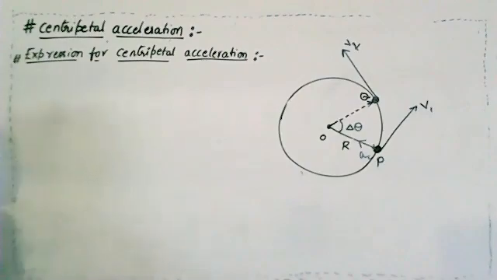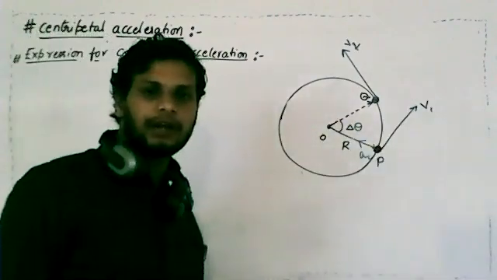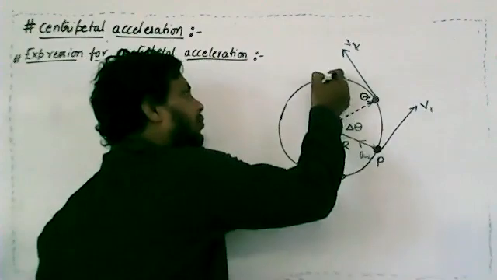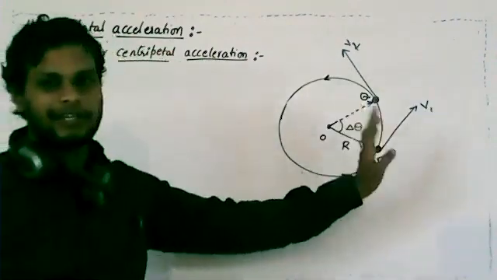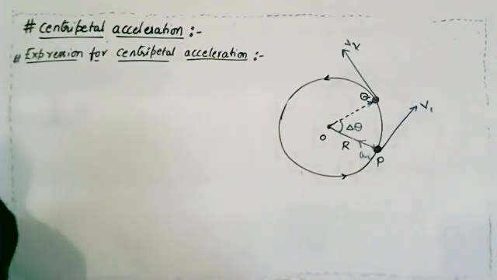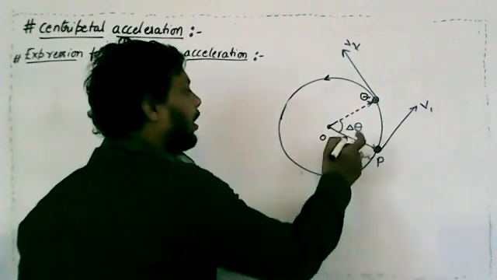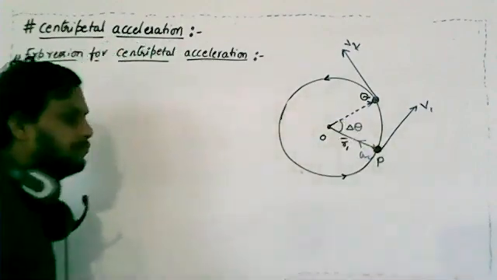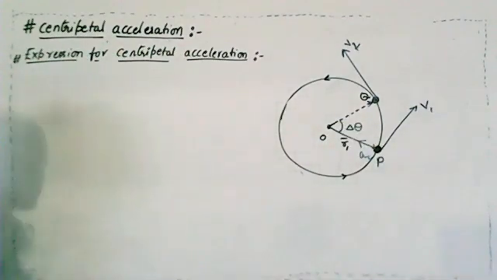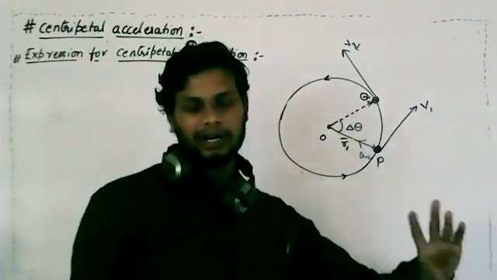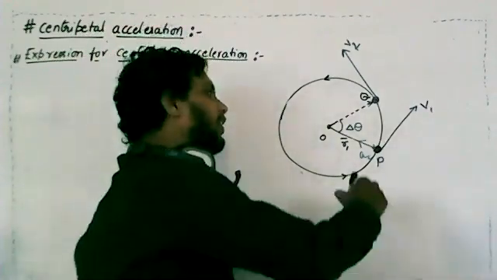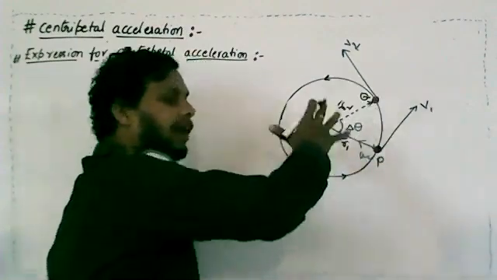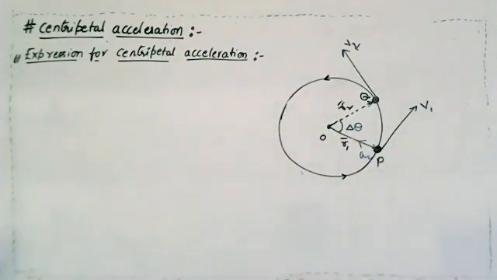Now, for example, let us consider a body moving in uniform circular motion. I will draw the circular motion in the anti-clockwise direction. Therefore, the tangents will be like this. Now, at point P, I will take this radius vector as, for example, R1 bar. In uniform circular motion the radius remains constant, so the magnitude of R1 bar is equal to R. Clear? I will take this as R2 bar. So R1 bar, R2 bar.